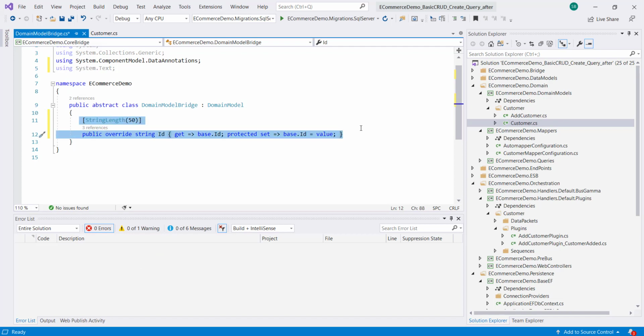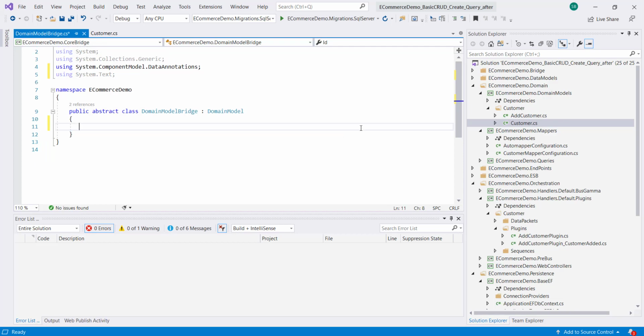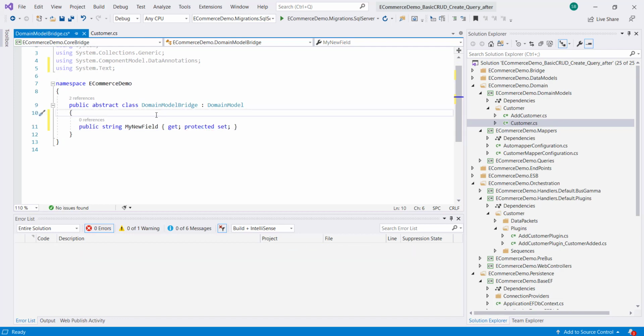We don't want to put in any extra, but you can add any field here across all domain models. Now let us get to the migration.